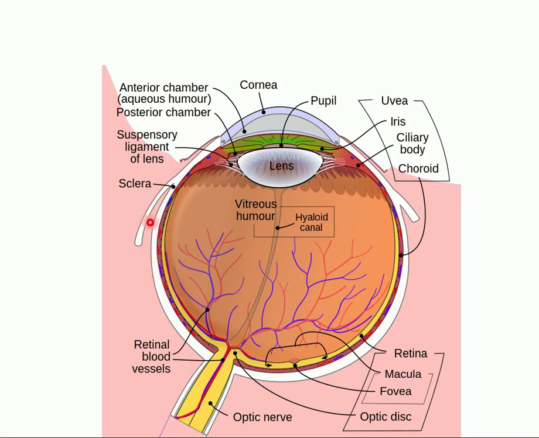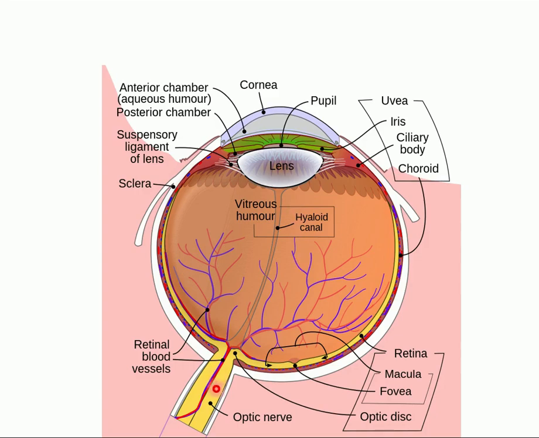The globe is composed of 3 coats. The outermost whitish coat is called the sclera, which has a protective role for the globe. The middle layer is called the choroid, which is responsible for the blood supply of the globe, and the innermost and most important layer is called the retina, which is responsible for transferring the light stimuli to neural pulses